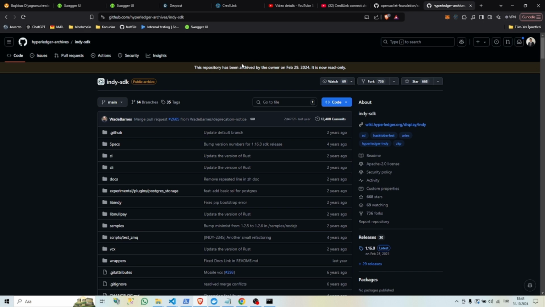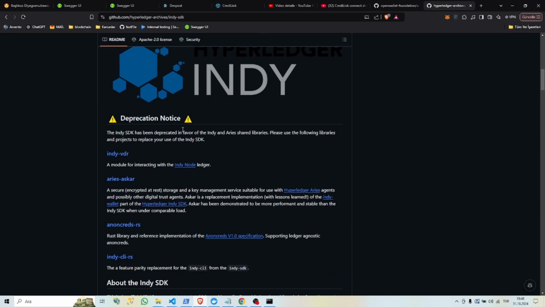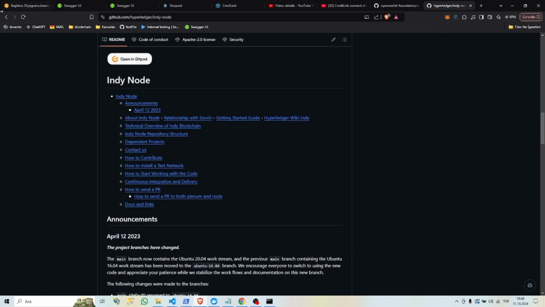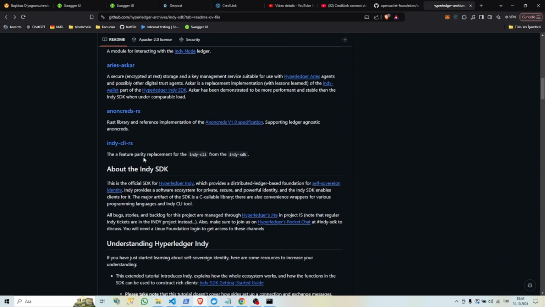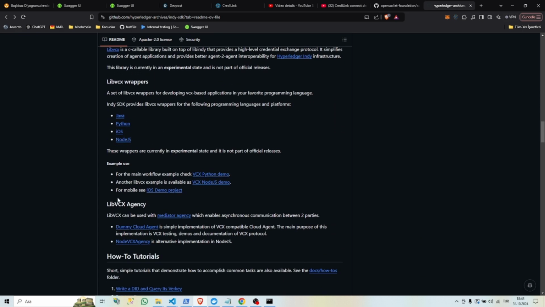As you can see, it's just been deprecated. The node is still alive and well, it's working, but I enjoy opening the nodes from the SDK. So in the SDK,